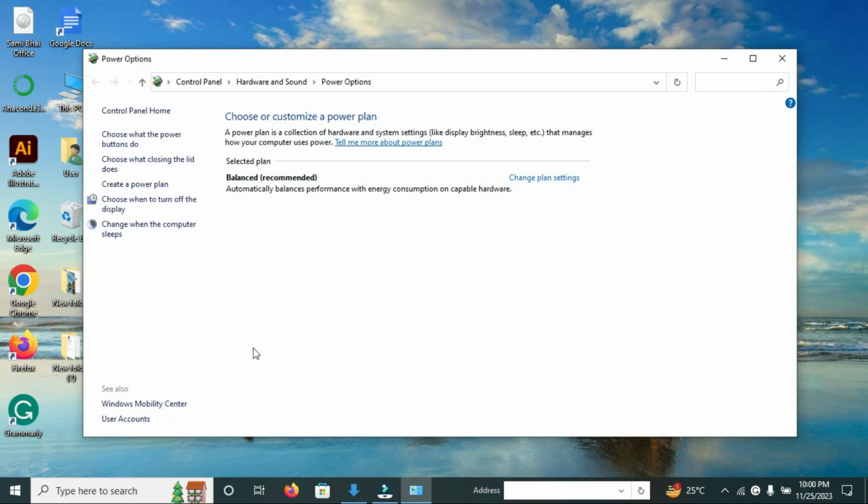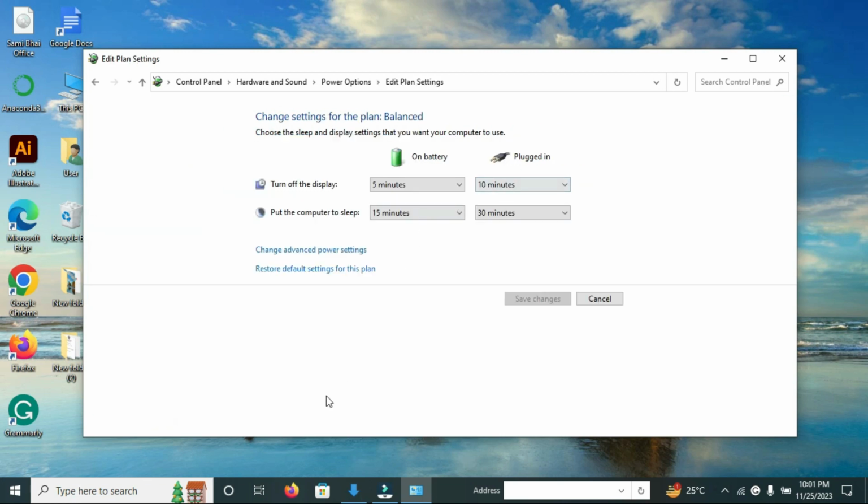So once you are here, see if you have high performance or ultra high performance plan, and once you have selected, so congratulations, you have selected the high performance. But let's say if you don't have the high performance and you only see the balance, just like me in the computer. So for that, here we need to click on the change plan settings,